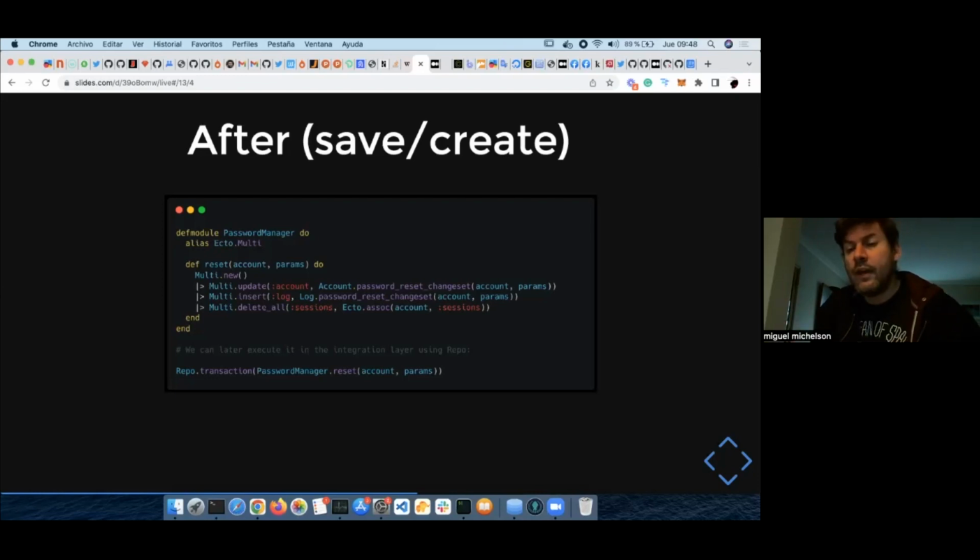So if one operation fails, the whole transaction is rolled back, and if all the operations are valid, then all operations will be executed in the order that they were added. Multi also allows running arbitrary functions as part of the transaction via the run method.